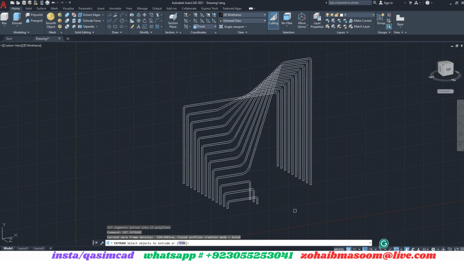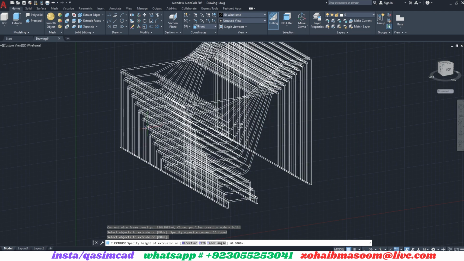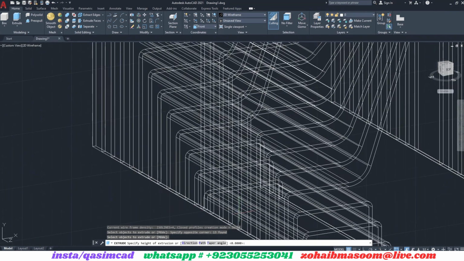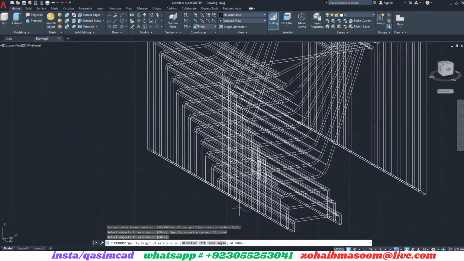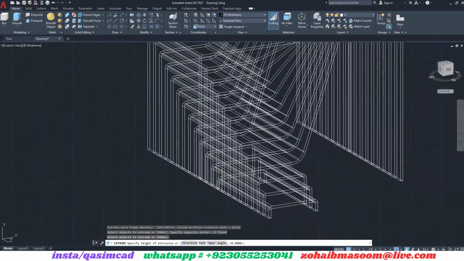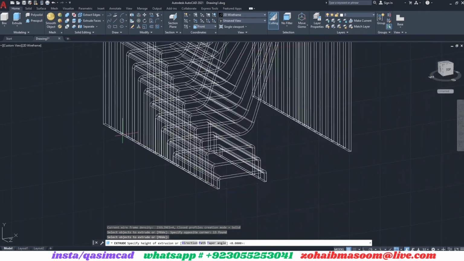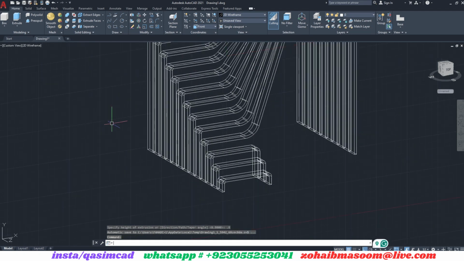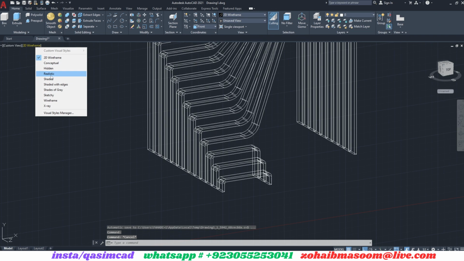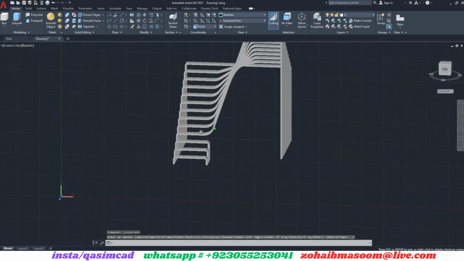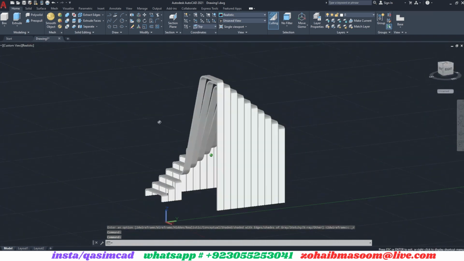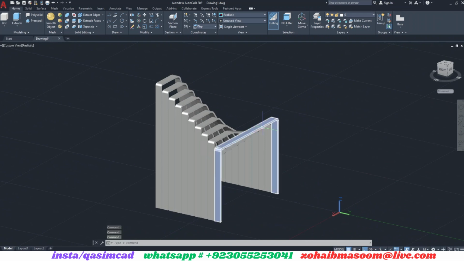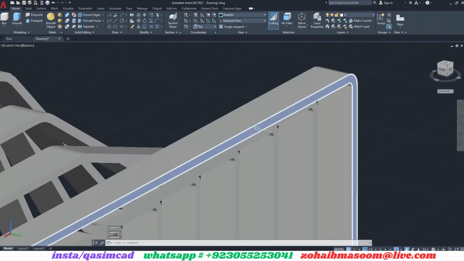Extrude all objects. Extrude value is 0.8. Select the face of the landing by pressing Ctrl key on the keyboard. Extrude at 4